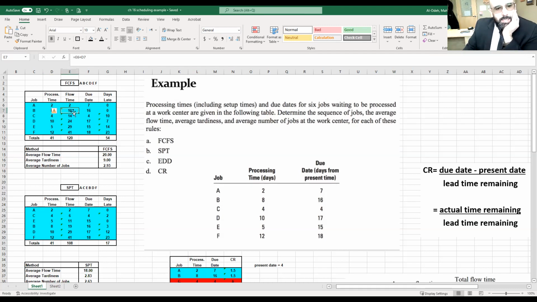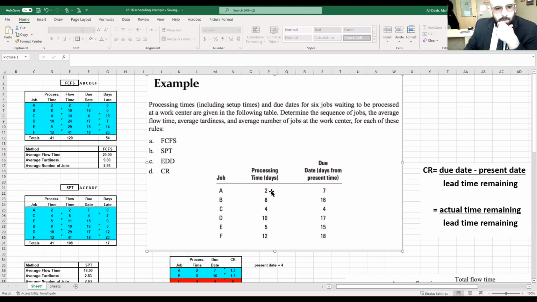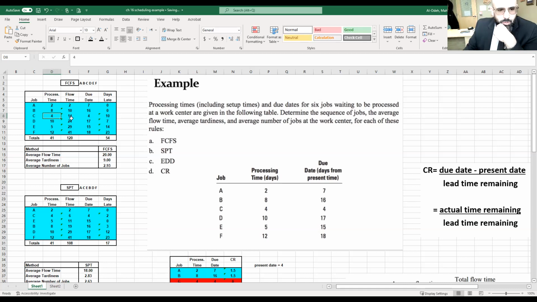So that's 8 plus 2, that would be 10. The due date is 16, that's given to you here from this table, from the question. And now moving into the C, C processing time is 4, this is given to you. So the flow time, we're going to add 4 more days on the top of the 10, that would be